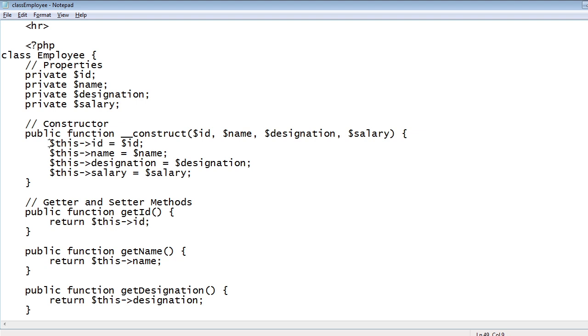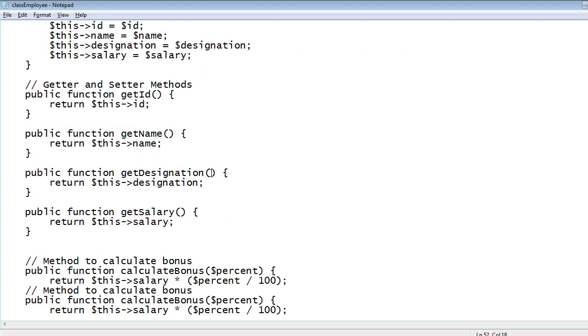So அதனால this operator we have used this ID equal to நம்ம பாஸ் பண்ண ID values. Same way, so this name equal to parameter pass பண்ண name. This designation equal to parameter pass பண்ண designation. This salary equal to parameter pass பண்ண salary. So this constructor is to initialize the values of ID, name, designation and salary. So constructor initialize பண்ணிட்டு so